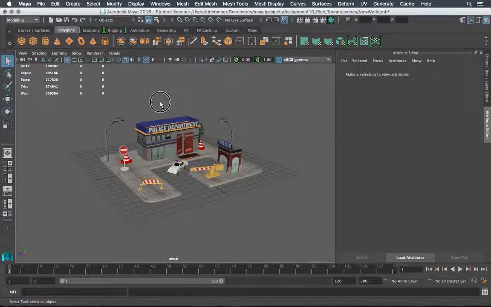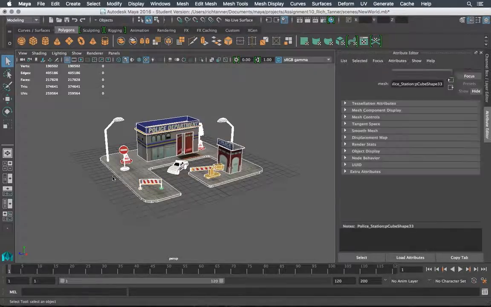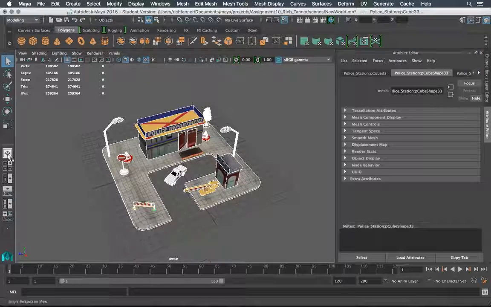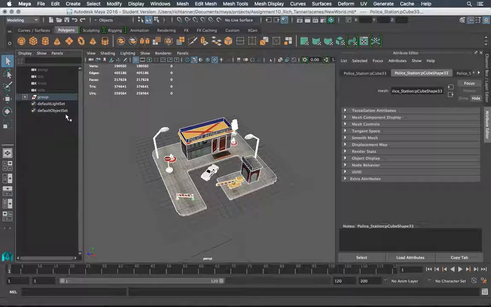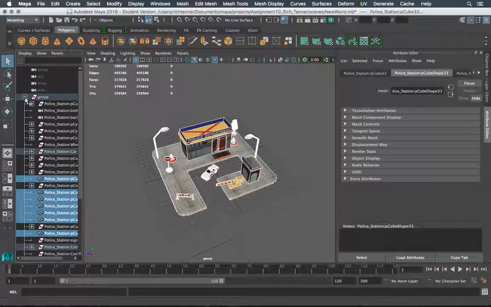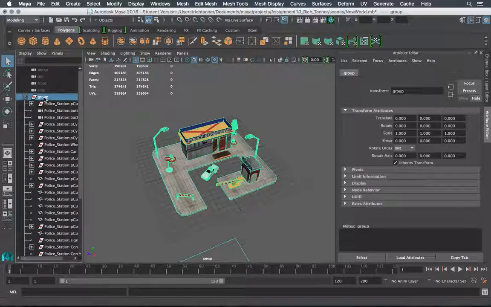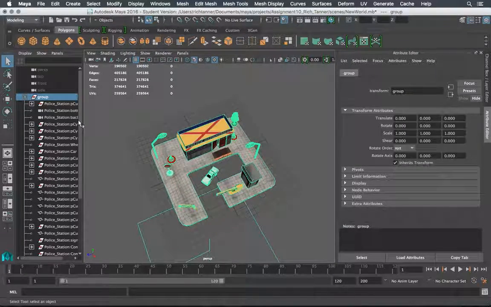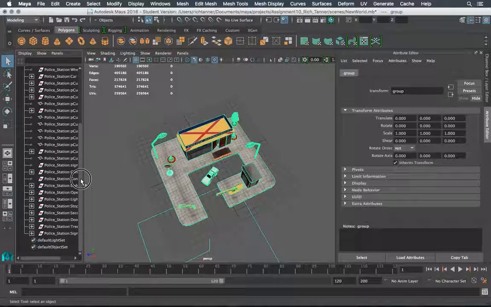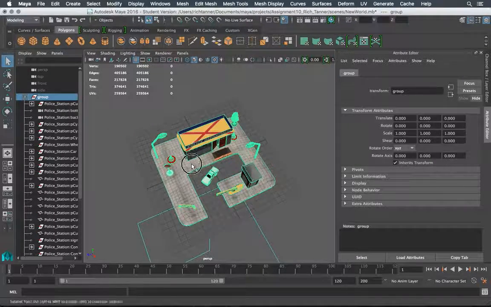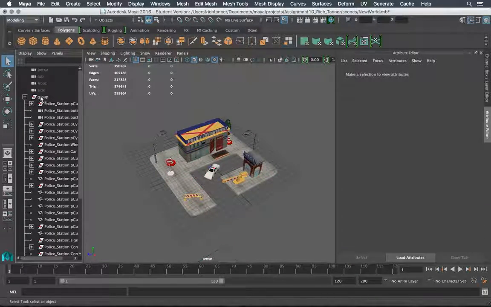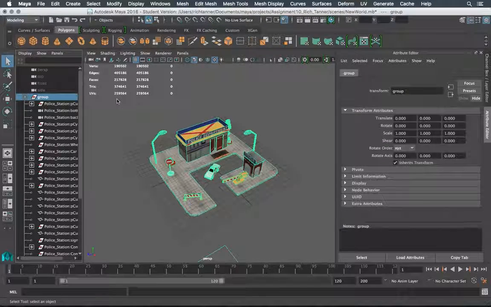So what I'm going to do is grab all of these things. Let me make sure. I thought I saw a camera floating in the ether. So let me pull over this. Oh yeah, the cameras are hidden. This was pulled in for me as a group, luckily. What is that down there? Oh. This may have brought in cameras from the other scene when we imported. Anyway, I'm going to grab the group, all of the things,